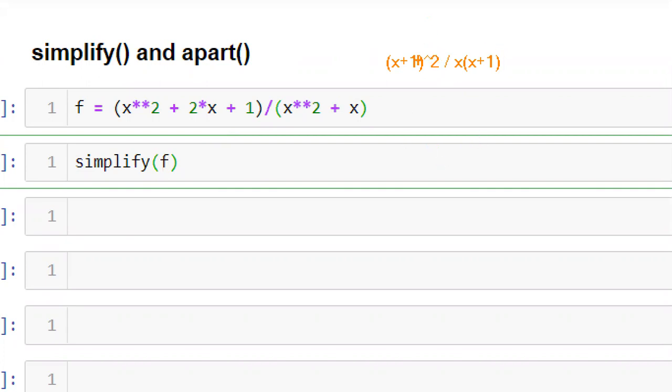Now from the square, you can remove this x plus 1 value and make your power 1. Then the result will be x plus 1 by x.